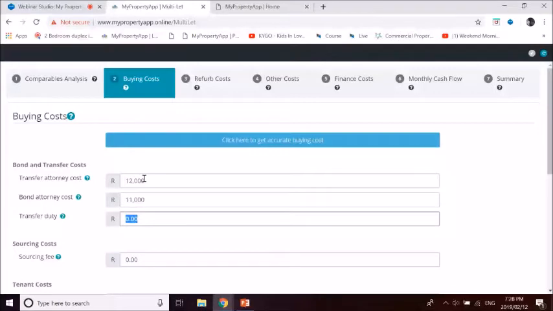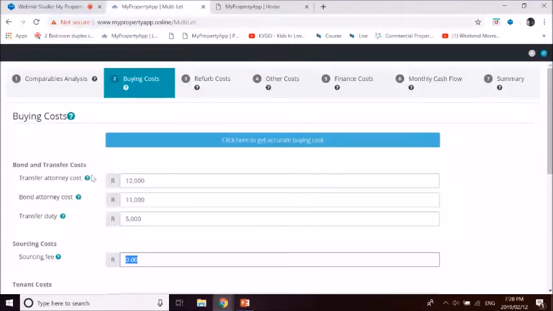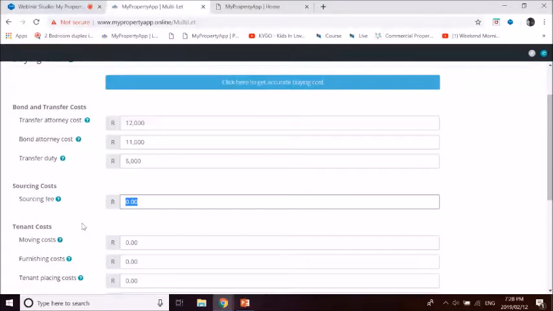Financing costs, this is where we're obviously trying to get access to the bank's money. So we might ask for a loan at 10% interest over 20 years. And it essentially tells us here what the bond repayment would be. You can put a section here for angel financing. So potentially you've got an angel financier who is going to give you a few $100,000 as well at 12%. You can then include it here and it will calculate that for you.